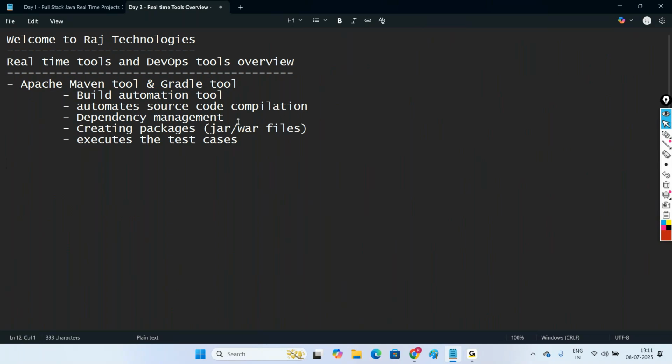So many people use the Maven tool. In our course also, I'll be making more use of the Maven tool for creating projects, and I'll also be discussing the Gradle tool in our course. Coming to the next one,